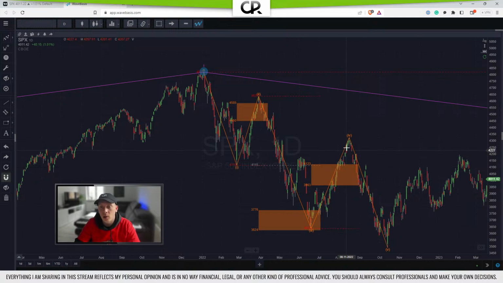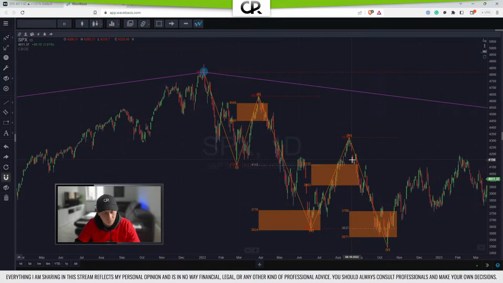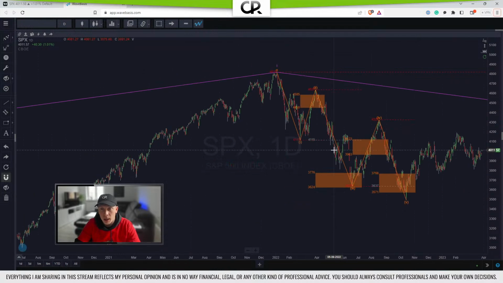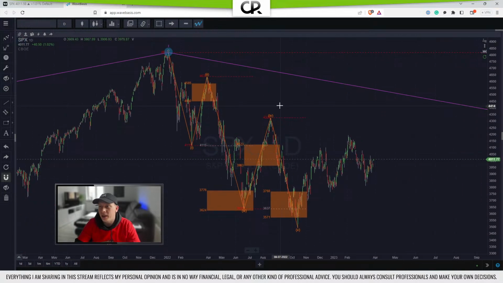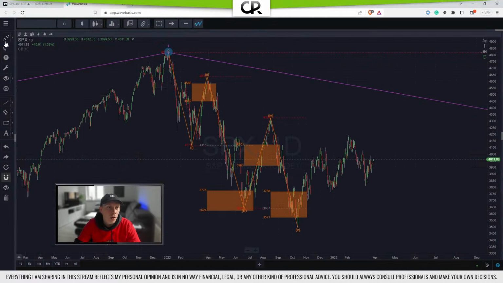But if it's a leading diagonal, we can go here, and then we can see that here that prediction is again a little bit more accurate, but it's still not perfect because it again is based on the assumption that this is an impulse and not a leading diagonal, yeah? Now, we can still, however, use that and get like a little bit of confirmation in terms of, is our labeling here so far likely correct? And if we again motive wave, switch back, so it looks like that part here checks out, which would make this again wave 1. And again, our assumption is that this here completes our wave 2, which means we can